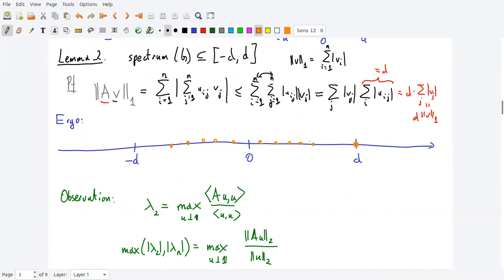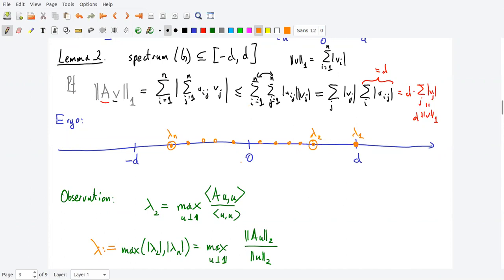In particular, what we will be interested in are the following two quantities. First quantity is lambda 2. So this is lambda 1, the largest eigenvalue, and lambda 2 is the second largest. And another quantity is something I will call lambda, simply, which is the maximum of the absolute values of lambda 2 and lambda n. So what is the total span in absolute value that all these other